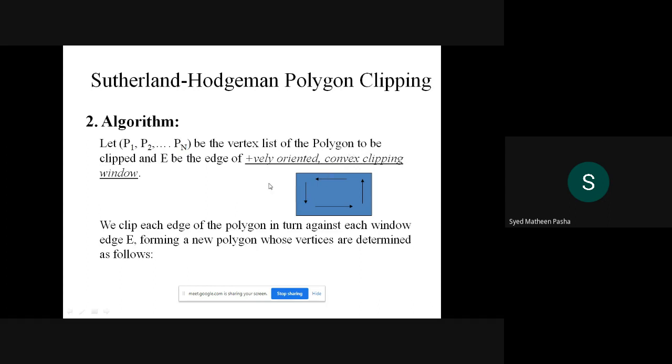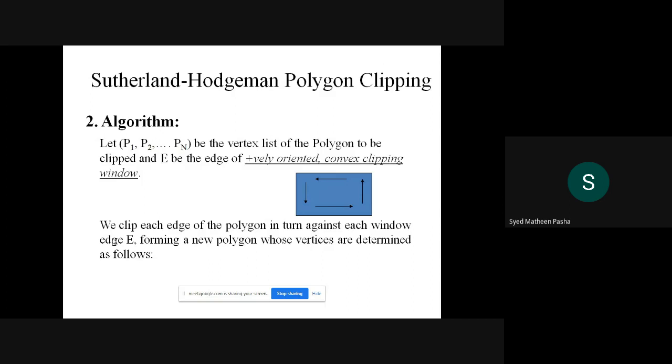So similarly, we'll be using a convex clipping window. That is nothing but the window displayed onto the screen meeting the condition of a convex polygon in this algorithm. Once the assumption of points to be clipped is done, we'll clip each edge of the polygon in turn against each window. As I told, the area clipping is done based on some conditions, right? Based on some edges. If the polygon consists of n number of edges, we'll define the window which should be displayed onto the output screen.